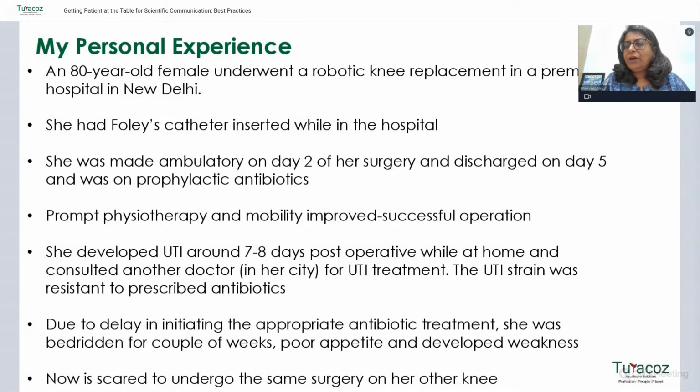And though I've tried to convince her, I've tried to counsel her that no, this is not the case, and next time it's not going to be like this, still, as a patient, she connects what happened to her after the operation to the operation, which is actually two different things. If you ask me, as a doctor, the operation was successful because she's able to be more mobile. She's able to do her daily activities in a better way. She can climb stairs, and her mobility has obviously increased, and that was the purpose of the operation.